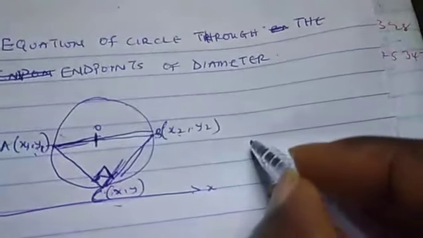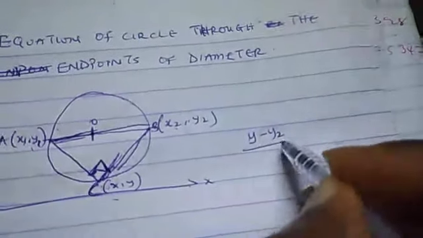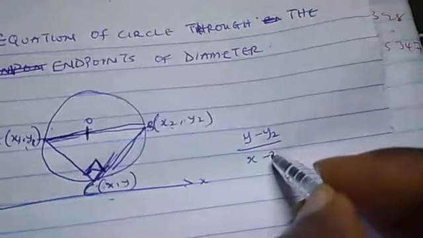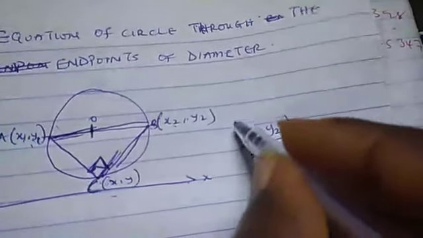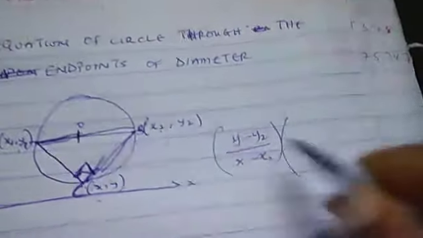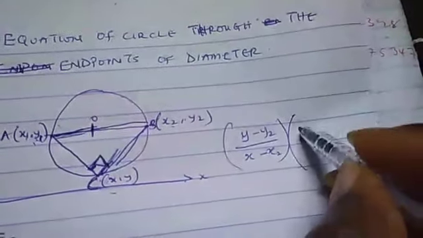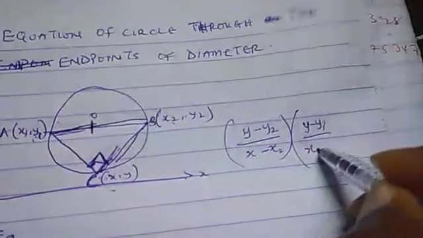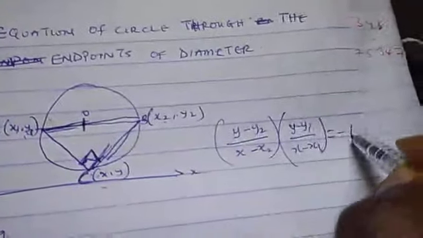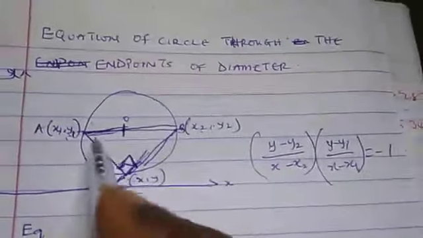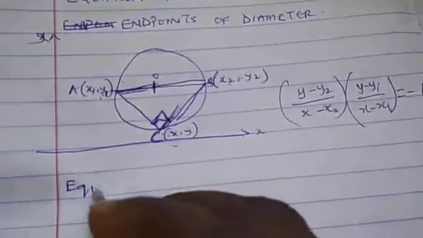The gradient of this line is (y minus y2) over (x minus x2). That's the gradient of this line. And the gradient of this line is (y minus y1) over (x minus x1). Their product must be equal to -1 since the lines are perpendicular to each other. So if you simplify this, the equation